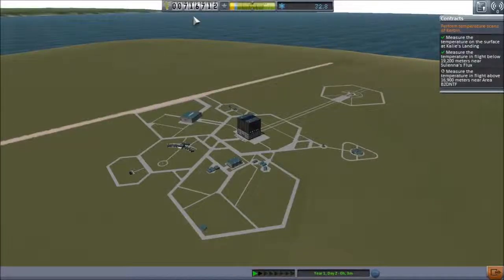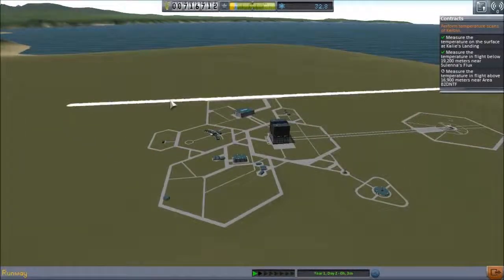and just before we do that, let's recap where we're at. We have a bit over 700,000 funds, we have 32 science, and I believe this is 28% reputation. So let's head out to the runway,